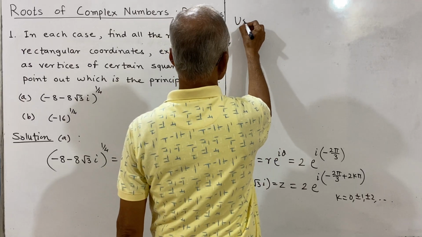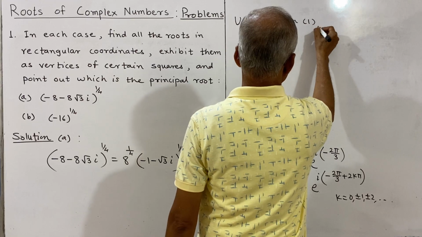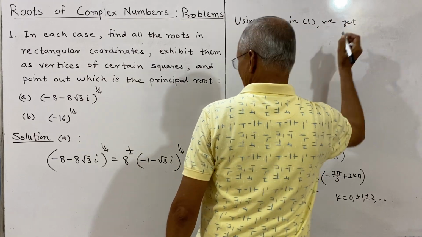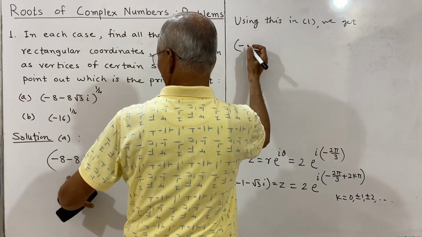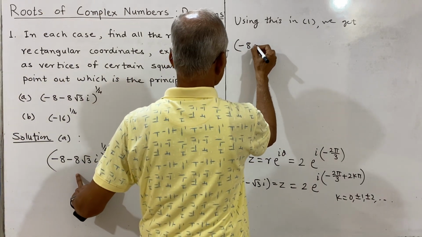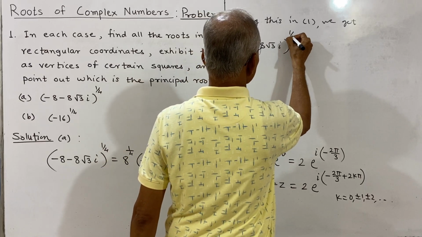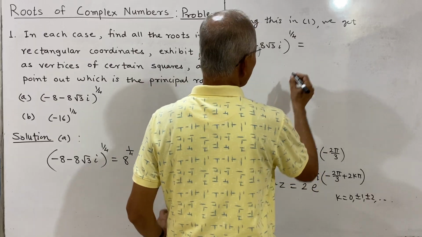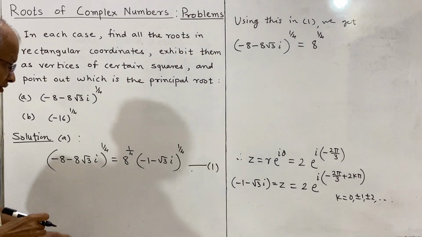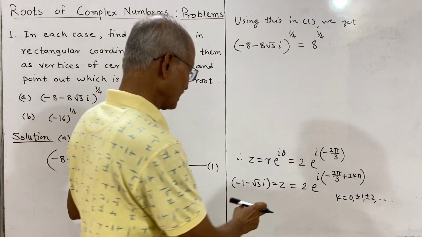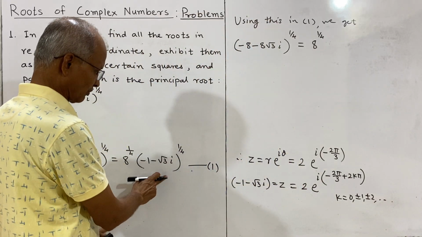Using this in equation 1, we get the required fourth root of minus 8 root 3 times i, raised to 1 by 4, which is equal to 8 raised to 1 by 4 into, so this is z and that is 2, so the whole is to be written under 1 by 4 power,